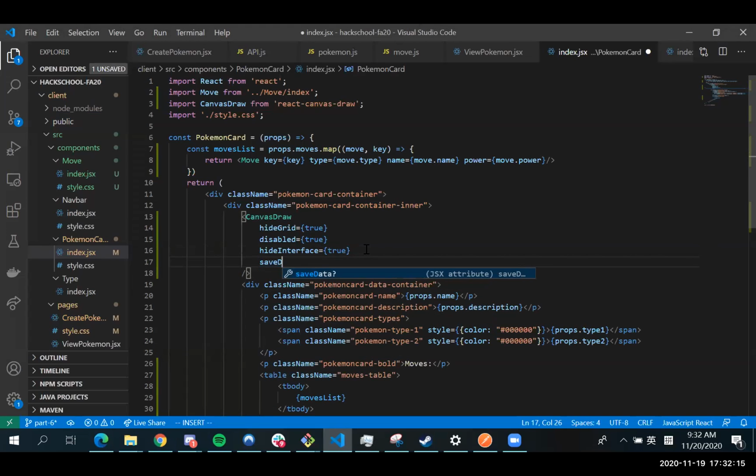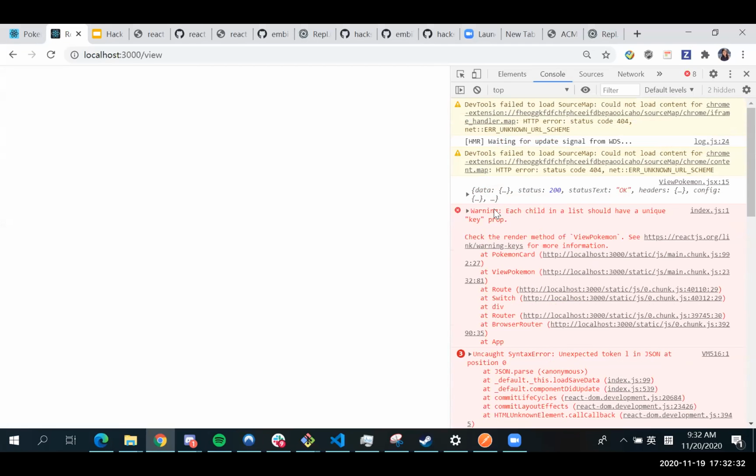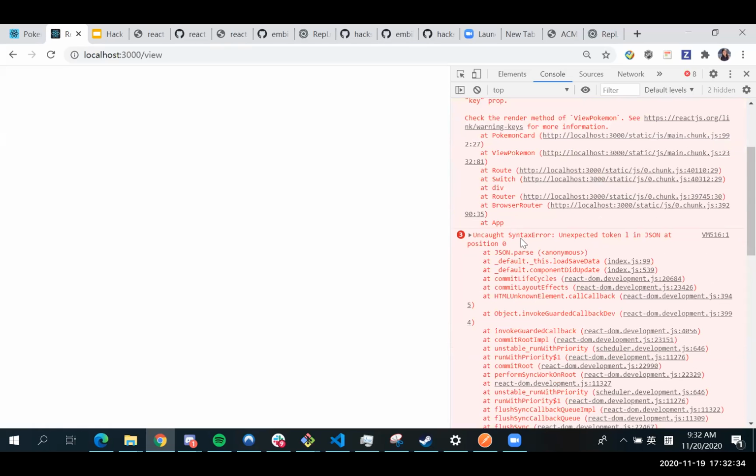So our save data is going to be props.image, taking a string. This is throwing errors, I think, basically because